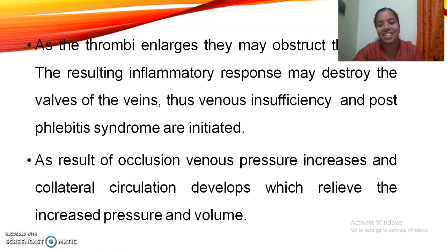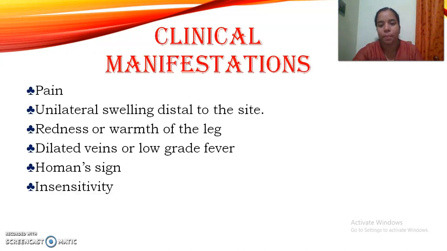obstruct the veins, and the resulting inflammatory response may destroy the walls of the veins, and thus venous insufficiency and post-phlebitis syndromes are initiated. As a result of the occlusion, the venous pressure increases and collateral circulation develops, which relieves the increased pressure and volume. Then the clinical manifestations, as you all know, the main clinical manifestations are pain, then unilateral swelling distal